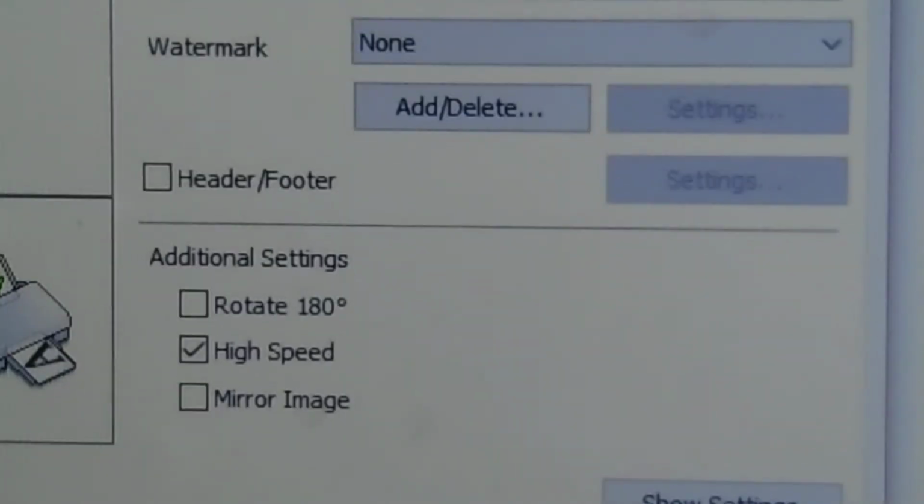Just let that load in. Okay. Sorry, just waiting for the focus to adjust. Okay,